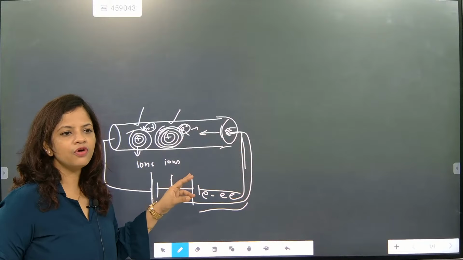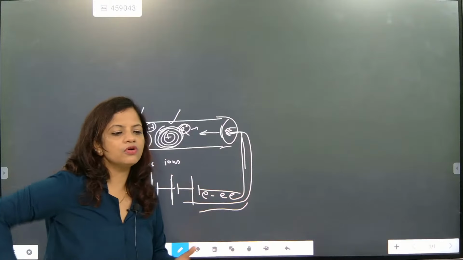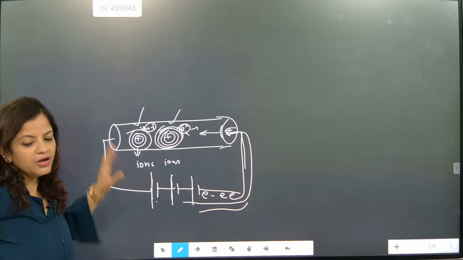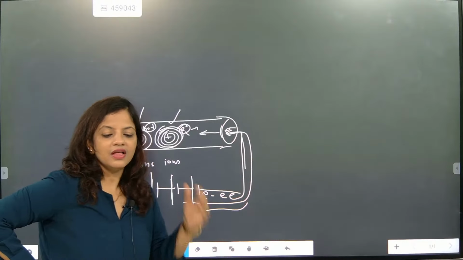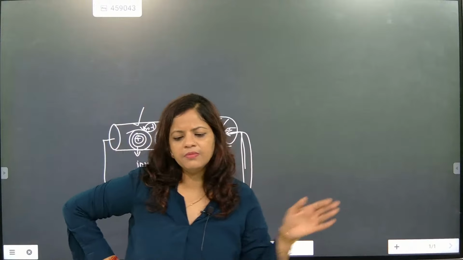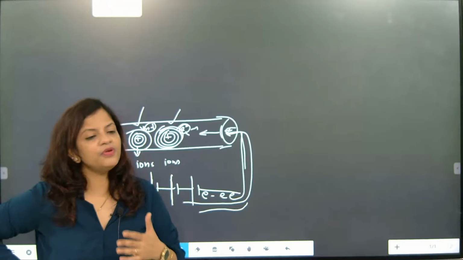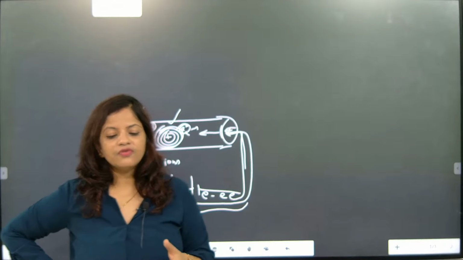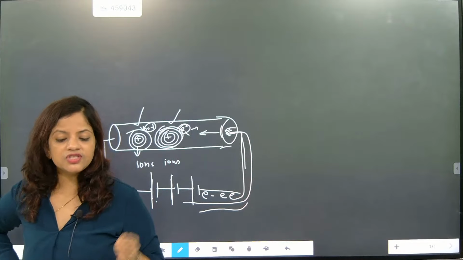How are the ions formed? Because of the release of the outermost electron. Now at the time when it is going to meet and fight with the ions, its speed will reduce. See, if I am walking on an empty path, definitely my speed will be more. But if the path is full of people, what will happen? Then my speed will become slow. So drift velocity is average velocity.